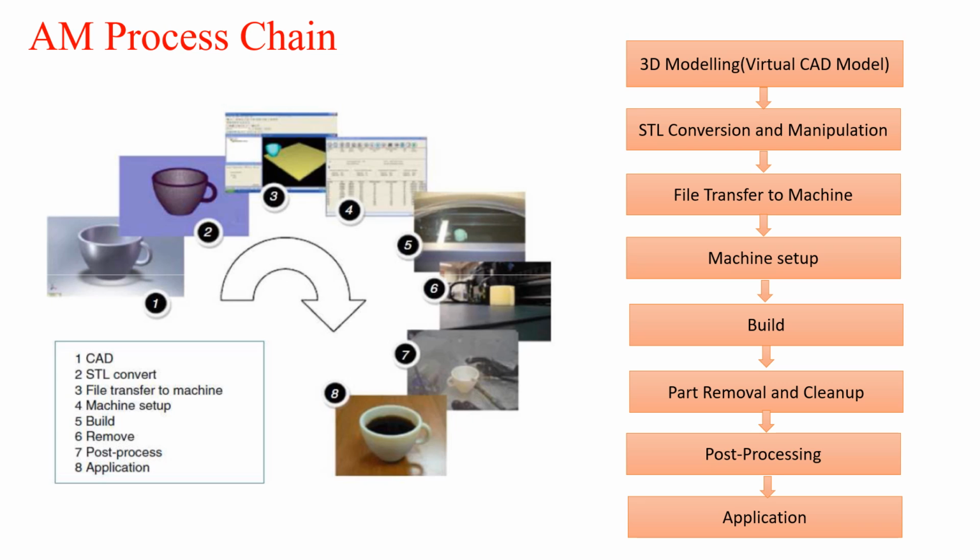After that, once this 3D CAD model has been sliced, it is manipulated. If there are errors, they can be manipulated in the second step. After that, this .stl file is given to the machine, that is file transfer to the machine, which is the third step. In this third step, there are again a number of sub steps.